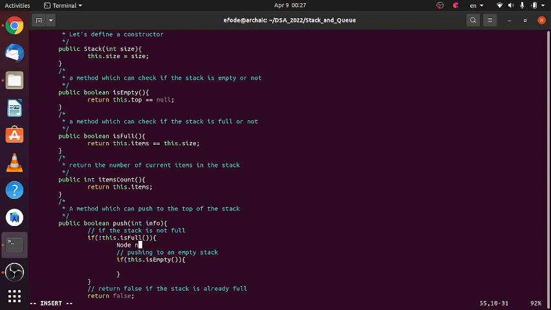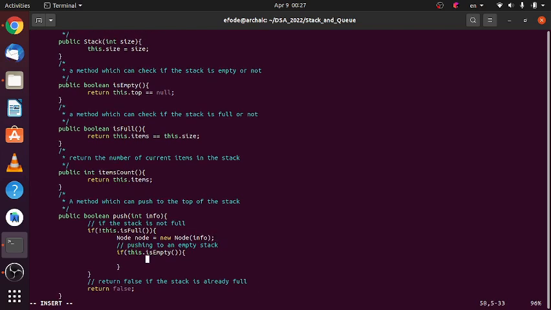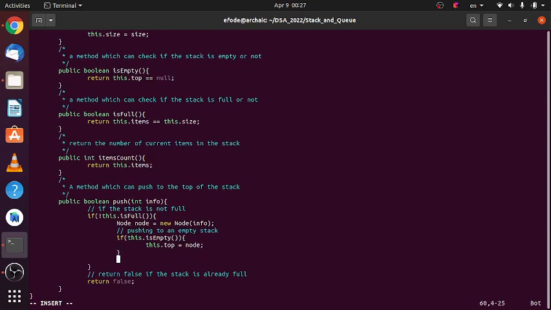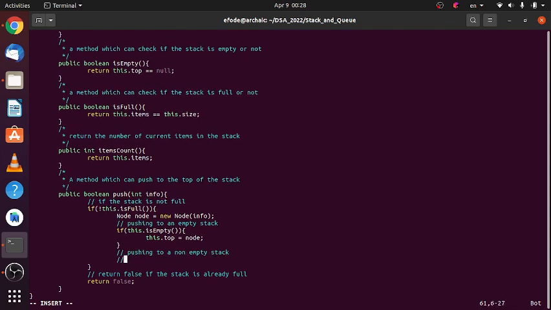Node, new node, then info. Then this dot top will be equal to this node. This node, pushing a non-empty stack, then